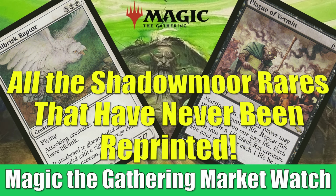Today, we're looking at all the Shadowmoor rares that have never been reprinted in this special edition of the Magic